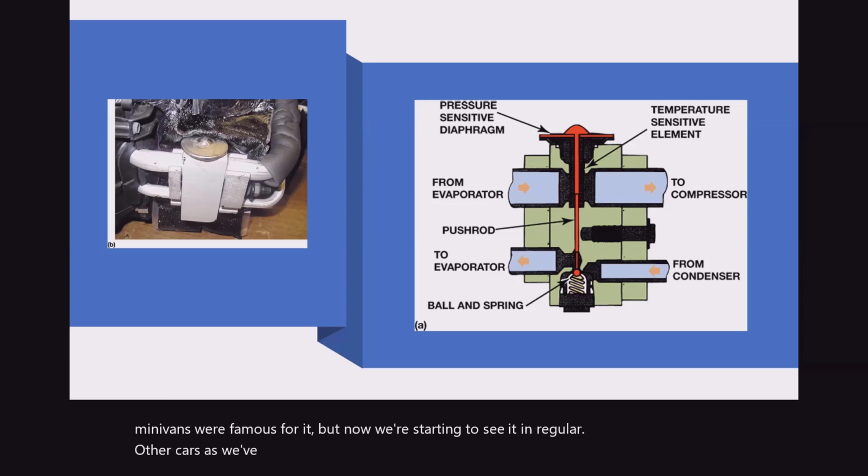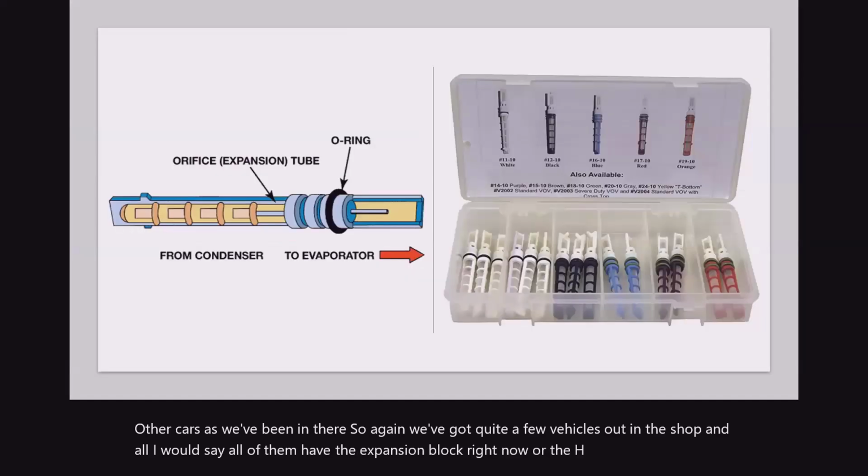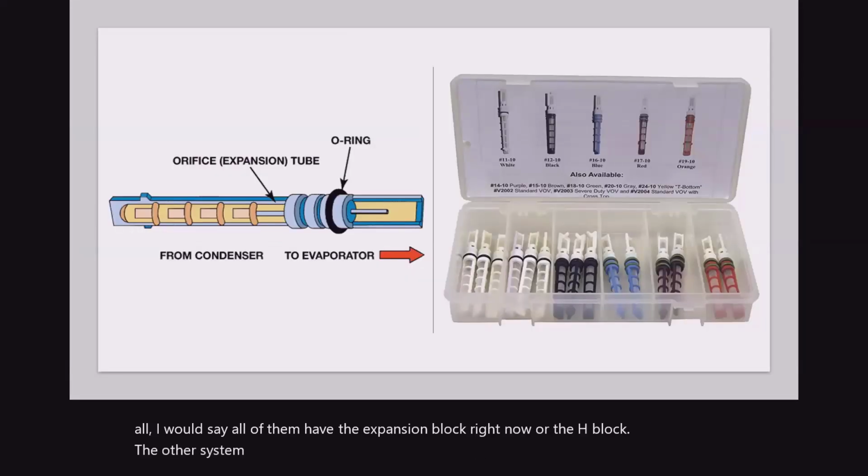So again, we've got quite a few vehicles out in the shop, and I would say all of them have the expansion block right now, or the H block. The other system is the fixed orifice system. This is kind of a typical one. One of the things I wanted to point out that